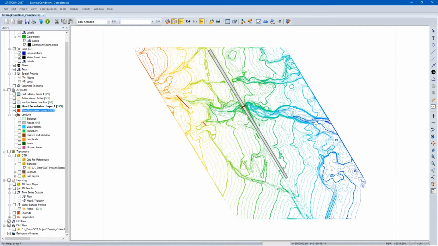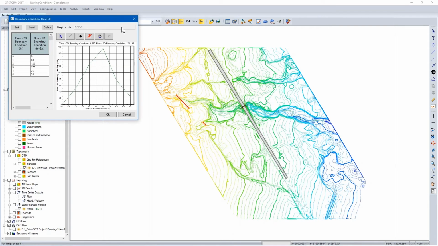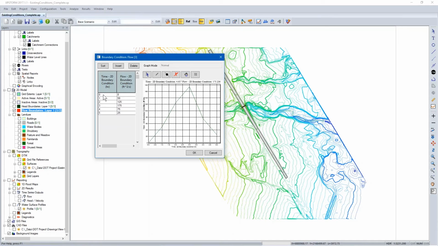How do we add water? Well, those are our flow boundaries. And our flow boundaries are in essence just hydrographs. So we have, in this case, 5 hours on this one. I think we have 6 on the other. We have flow conditions up to a peak of about 175 cubic feet per second by hour 3 at this